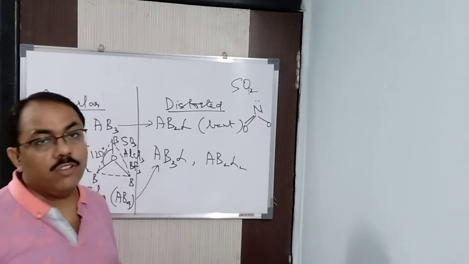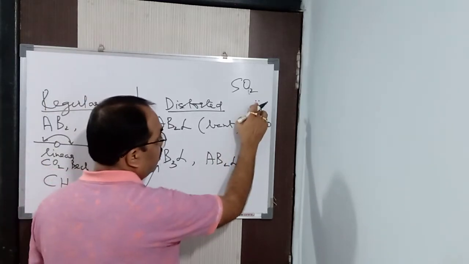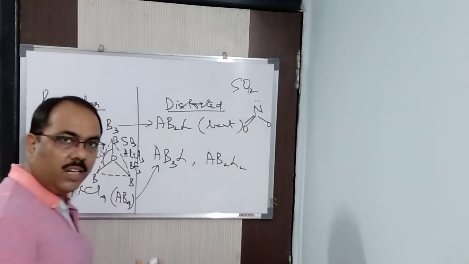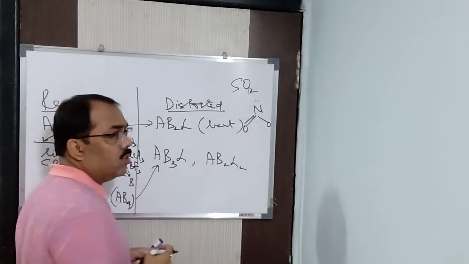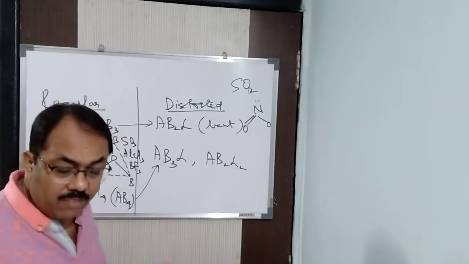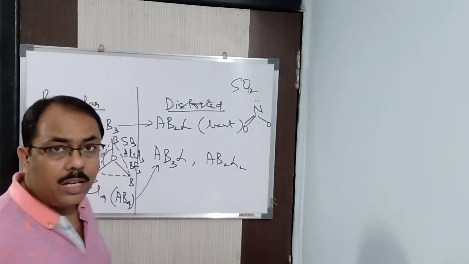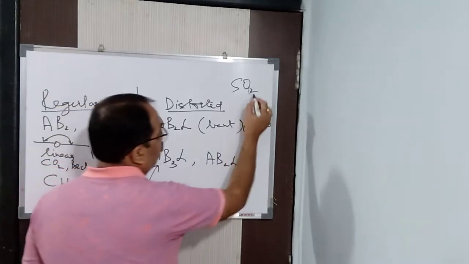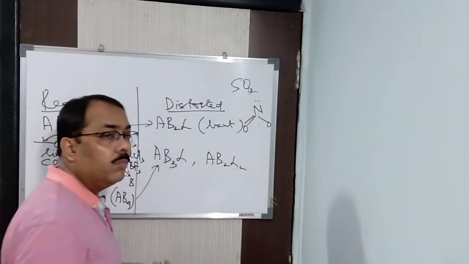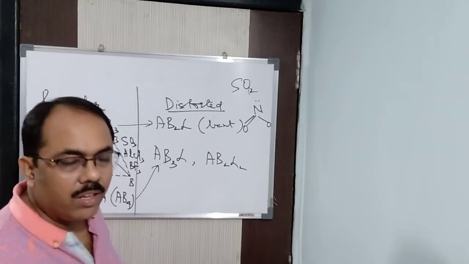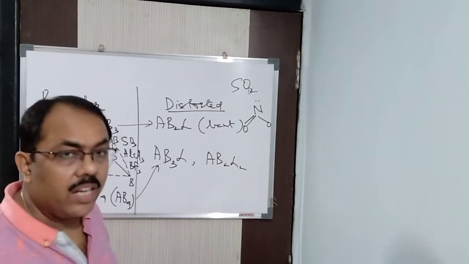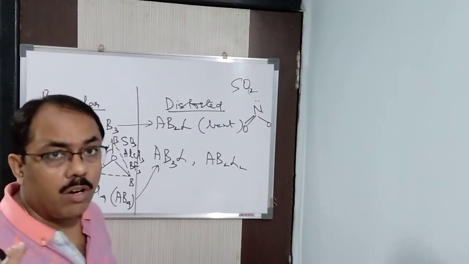Clear? So in this way, apart from the bond pair, it also has a lone pair, hence it is AB2L. So apart from the single bond, we have a double bond also. Multiple bonds are present. So is the bond length identical? No, it is not the same. Will the bond angle be identical? Definitely not. If you draw an imaginary line here, will this angle and this angle be the same? No, they will be different. So when the bond angle, bond length and bond energy are differing,